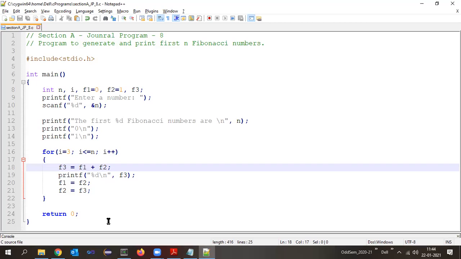After this, F1 is equals to F2. Then F2 is equals to F3. After this F2 is equals to F3, that is line number 22, where does the control go back to? Updation. Updation is what? I plus plus. Here I plus plus.